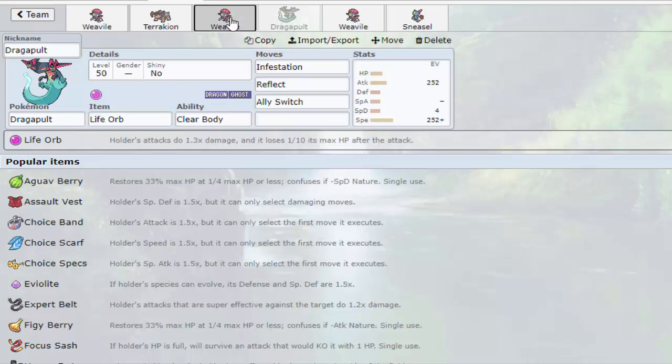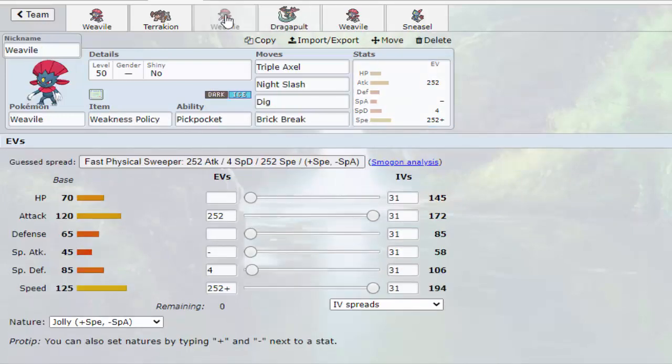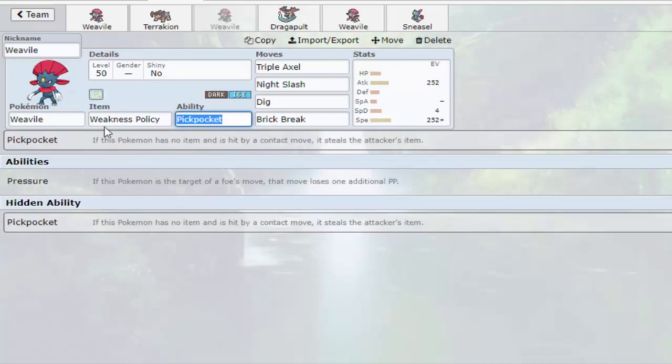What you do with Dragapult and Weavile here is you abuse Dragapult's ridiculously high speed stat, that 142 into 213. You go for Infestation on your Weavile to proc Weakness Policy. Now your Weakness Policy is procced. You have no more item, so Pickpocket automatically steals your Dragapult's Life Orb, and now you're hitting at +2 attack